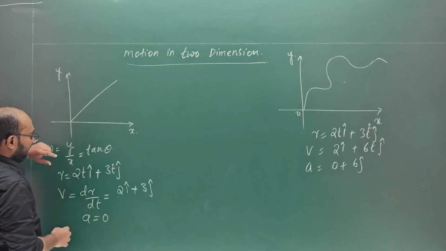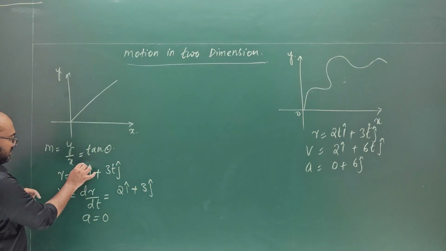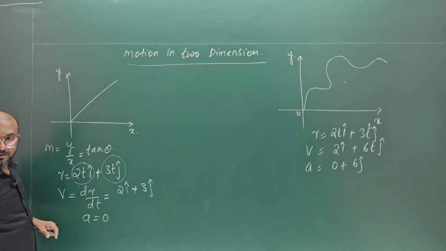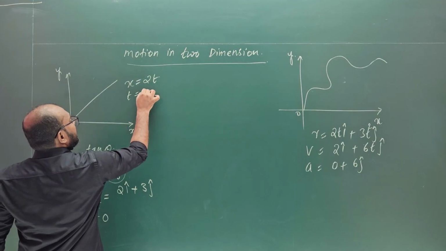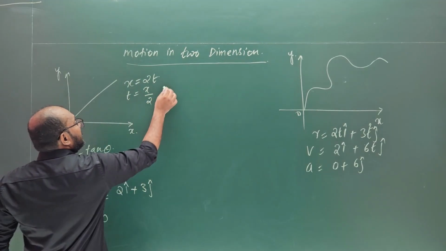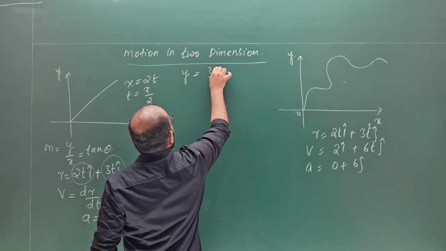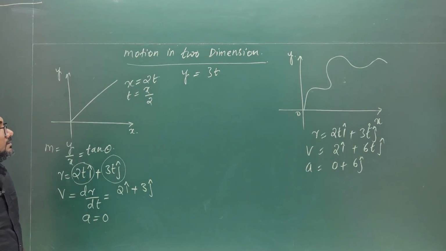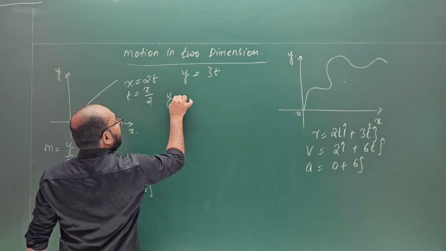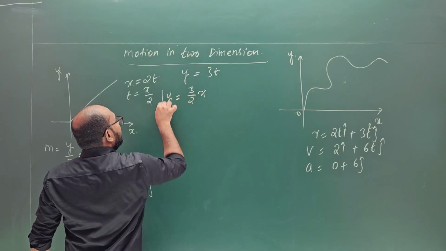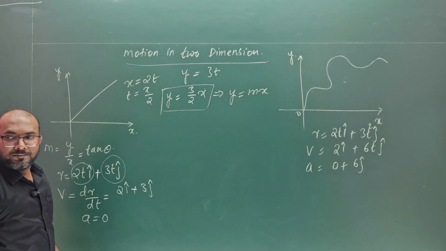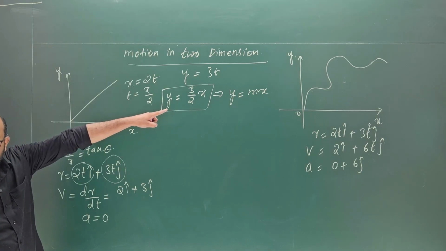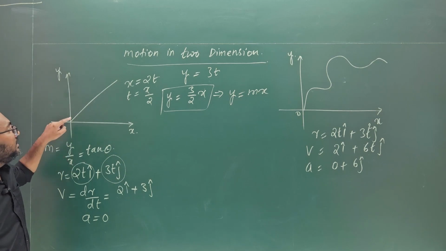Similarly, one more thing, let us differentiate this. Let us find the equation of trajectory. So this is your x value and this is your y value now. Yes or no? So from here, x can be written as 2t, or t is nothing but x upon 2, substituting in y. And what is our y value? Y is nothing but 3t. Substituting the t value over here, I will be getting y is equal to 3 by 2 x. Can I say that this is similar to y is equal to mx starting from origin? Equation of motion, straight line. Yes or no? So can I say that the body is moving in a straight line?